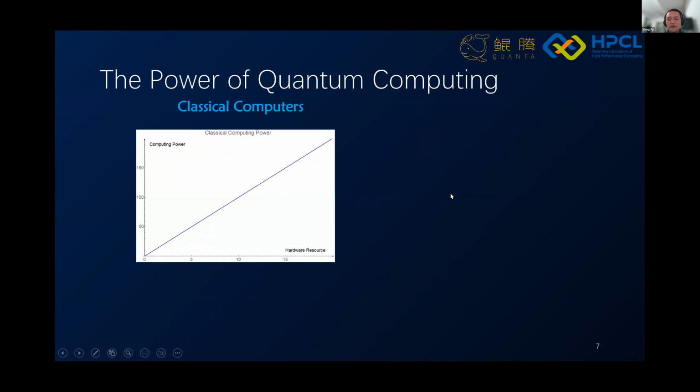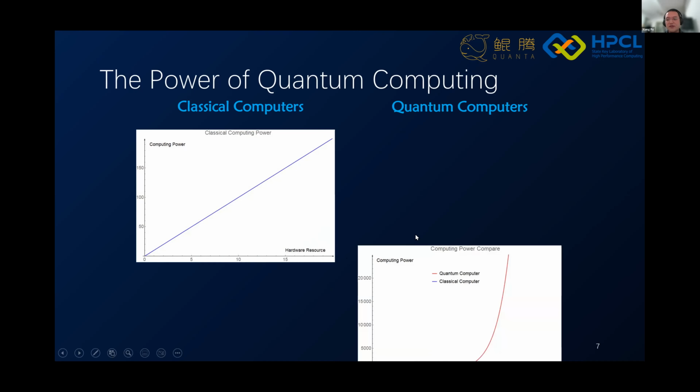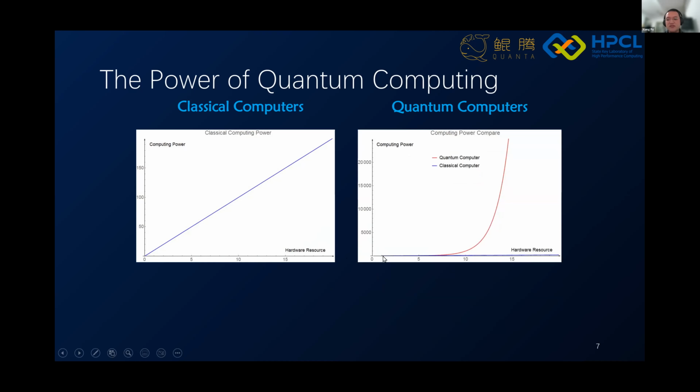If we increase the computing resources in a classical computer, then the computing power grows linearly with the computational resources. But for quantum, the computation power grows exponentially with the computation hardware.